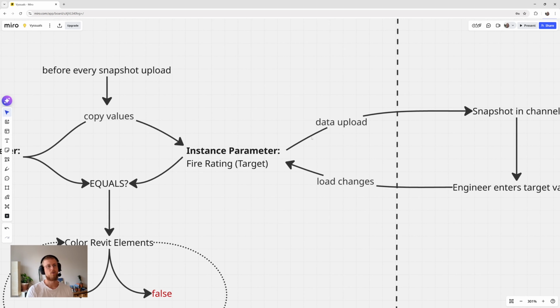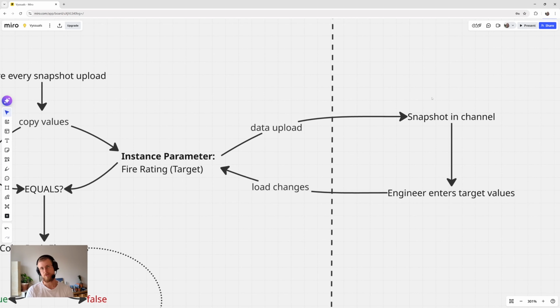And then we upload that parameter alongside with the 3D model to the channel, and we tell the engineer to enter their information into that instance parameter so that they can make changes per element without needing to worry about